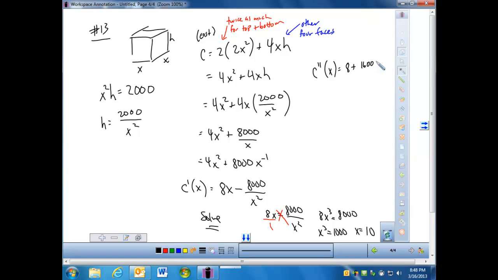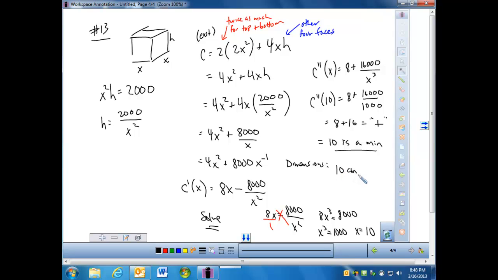Again, make sure that this indeed is going to give you the minimum cost. As I plug 10 into the second derivative, I do get an answer that is positive. I think you get about 24 for it when you're done. Since that's a positive number, it's concave up, which indeed does make 10 a minimum. I can take 10 and plug it back into whatever function you want, probably x squared times h equals 2,000, and that ends up giving me 20 for my height. And so the dimensions of this container to minimize the cost are going to be 10 by 10 by 20